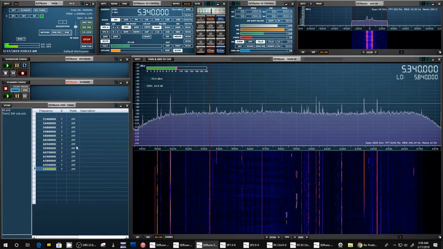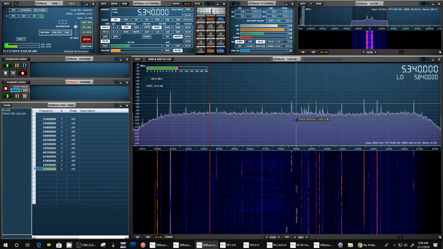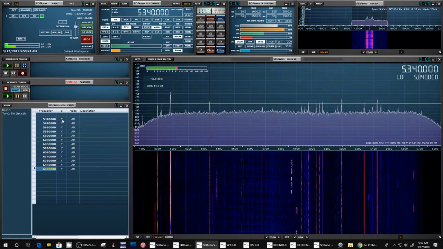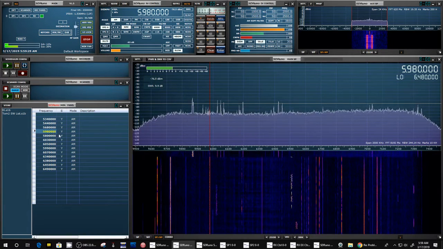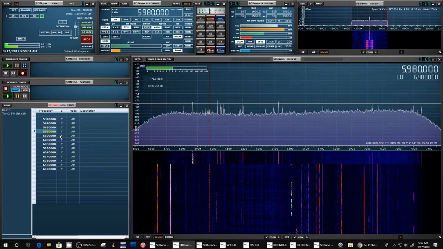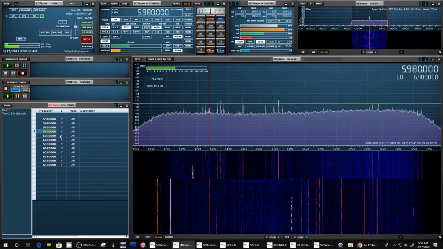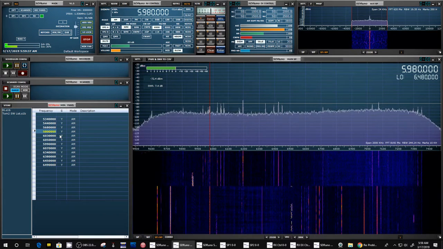Now you can go back and delete any of these you didn't want. So say they were just noise, and leave the remaining ones that you are interested in. So for instance, I'll just pick one here randomly, right here. I highlight it and then I hit the delete key on my keyboard, and that entry is gone. So you can clean this up. Once you've cleaned it up,